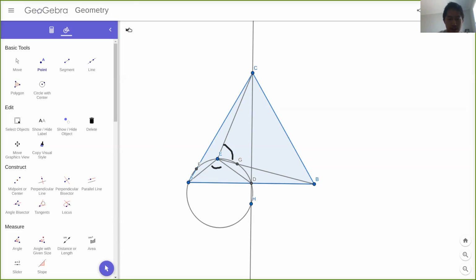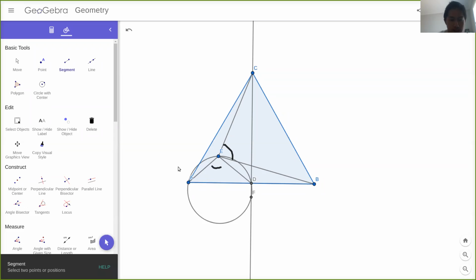So I'll just redefine this point H, or now it's F right here. What we know since A, E, D, F are all on a circle, these four points, is that AEF plus AFD is